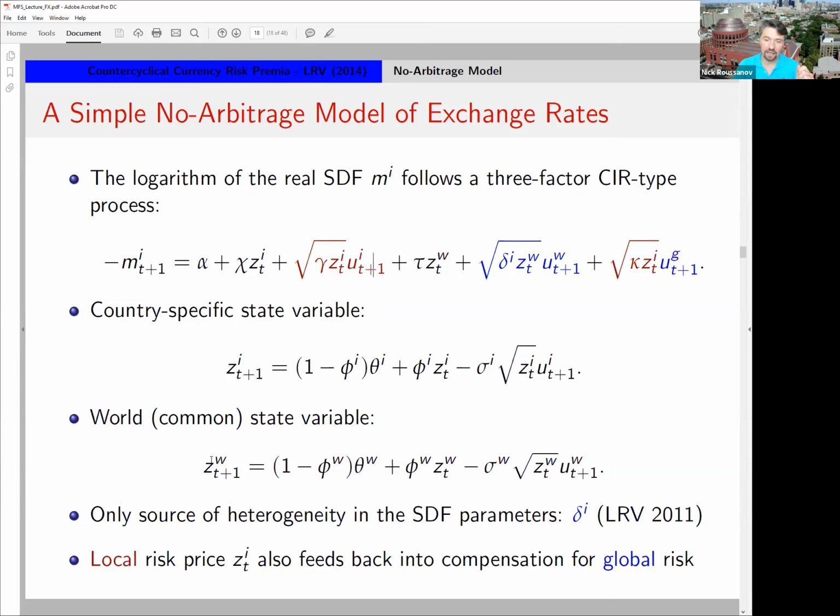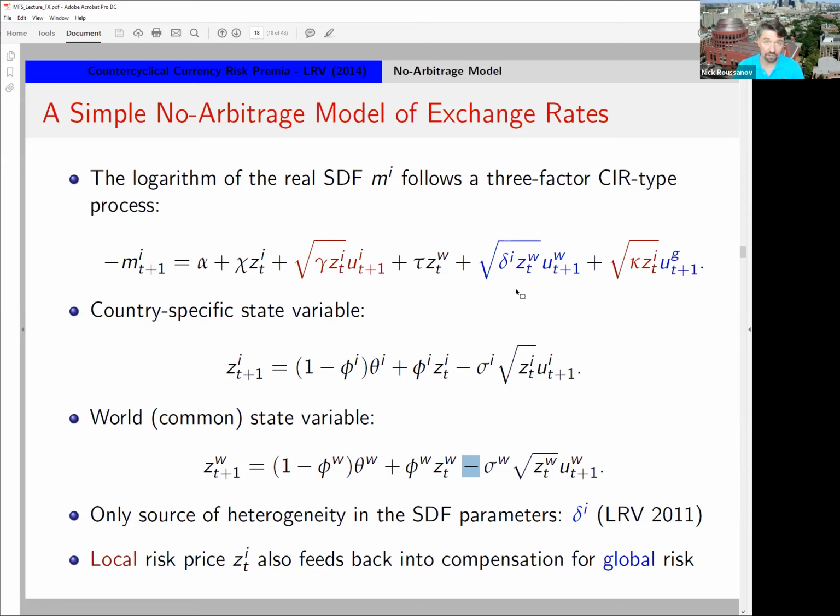That's the ZI. And the ZW captures the time varying price of maybe this global world risk, like the volatility risk, for example. And it's natural to have these minus signs. This is unusual generally for, let's say, an interest rate CIR model to have the minus signs here. It is important, of course, for us because these shocks capture the prices of risk.